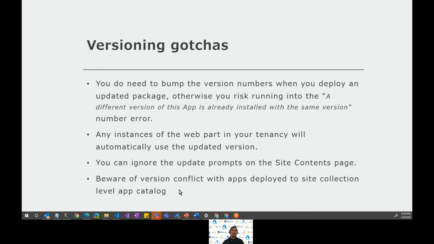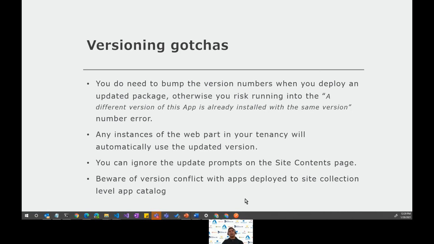And finally, we hit this issue with 2 customers recently, where they are uploading new versions of the project, but the web part is still picking up the older version of the assets. So it took a lot of time to figure out what's happening. They initially deployed that package to the site collection level app catalog, and that web part was picking the assets from the site collection level client-side assets library.